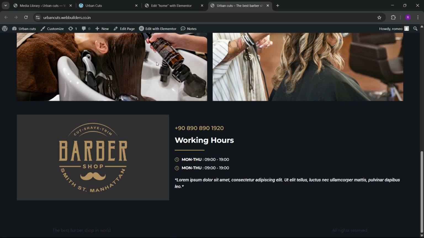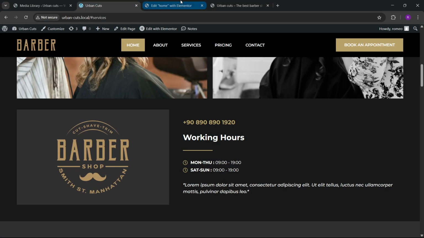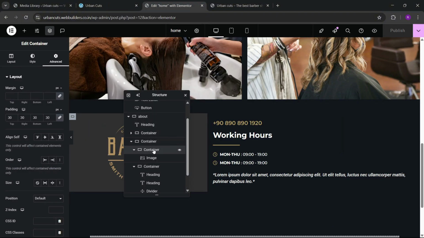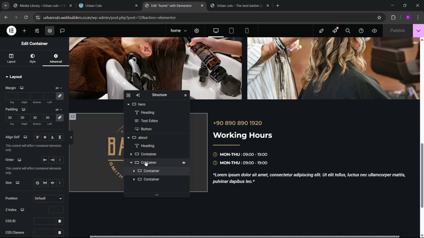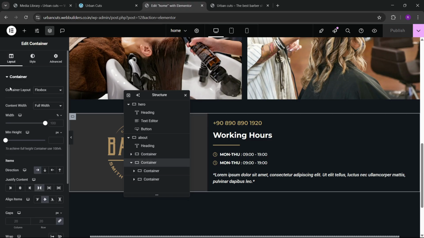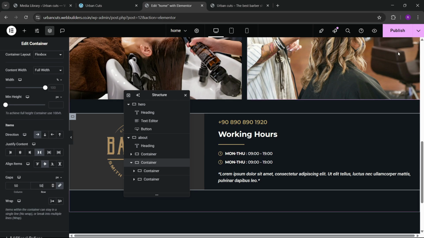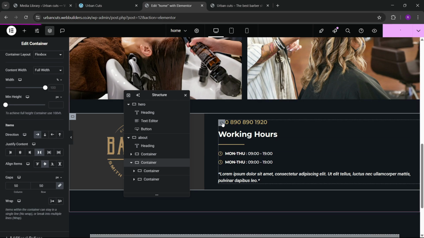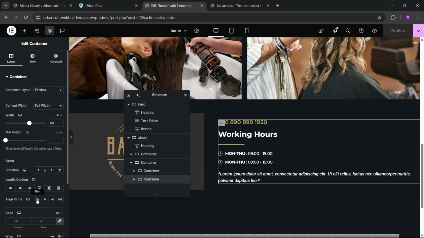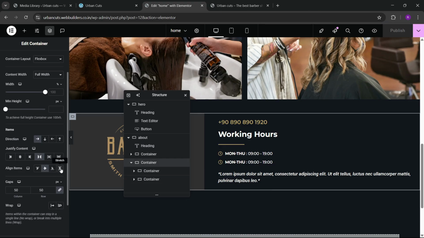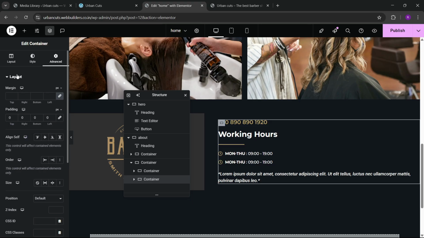But right now you can see that we have some spacing issue. So for this, what we can do, we can just go to this, and here we can have this gap option, so we can keep the gap of 50 pixel, like this. So here you can see that we have this gap. Now we can go to this in container, and here we can have this. Okay, now we can go to this second, and here we can,